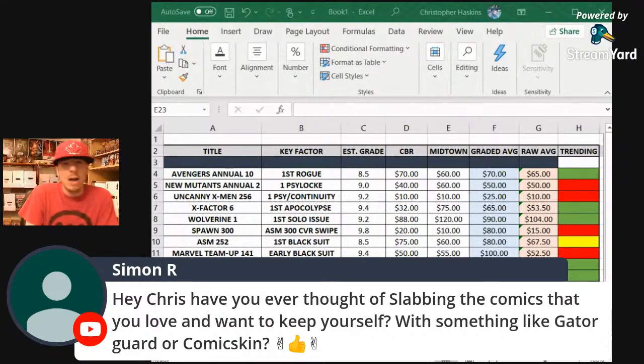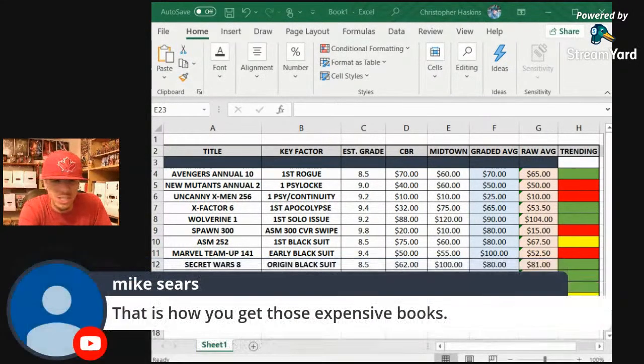So yeah, ultimately, when you talk about those things, like Gator Garden Comics, I'm not too familiar with the actual prices, but I'm sure it's not going to cost $20 to $30 per book. But if I'm budgeting $150 plus shipping, about $200 a year for something like CGC or CBCS, I'd probably stick with that rather than budgeting $200 for something like Gator Guard or Comic Skin, even if I could double or triple the amount of books I can put in them. So if that answers the question,